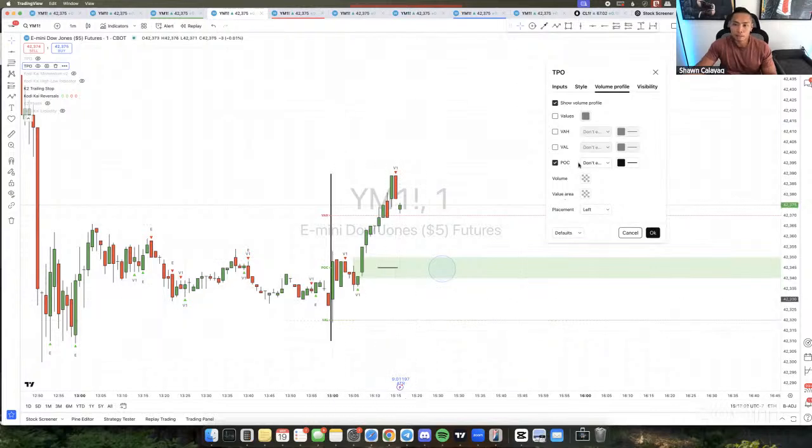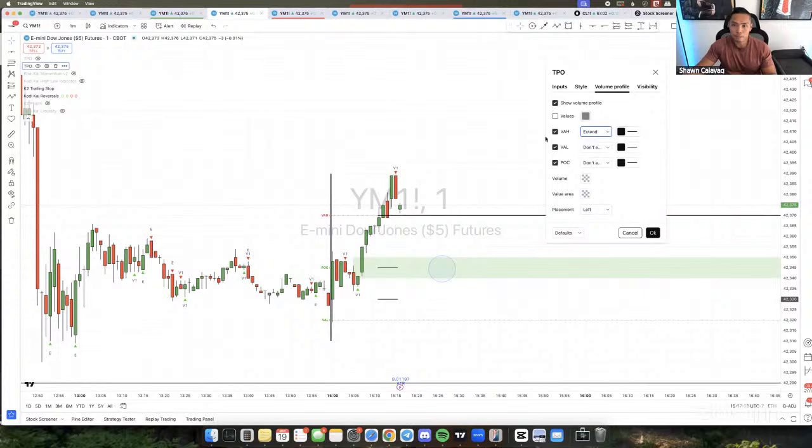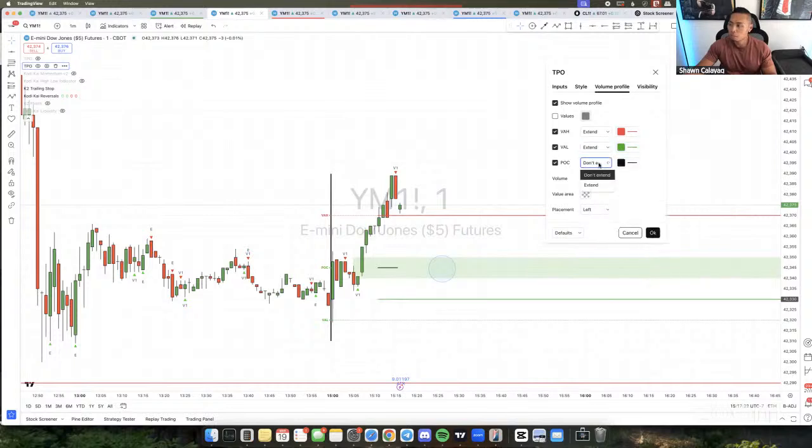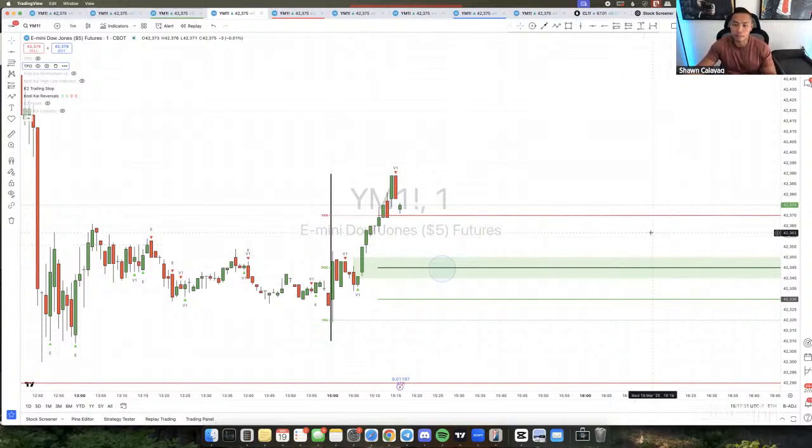The next thing that I do is I also enable value high, value low. So I have value high, value low, and point of control all open. I have this extended. Same with the value high for the market profile. I change this to red because usually that's where people sell from. For the value low, same thing, extend. I change this to green. Point of control over here, I extend that as well. I leave it black. I just leave it as is because it's the only black line, so I know exactly what's what. So once I have that set up right there, that's pretty much what my indicator looks like.